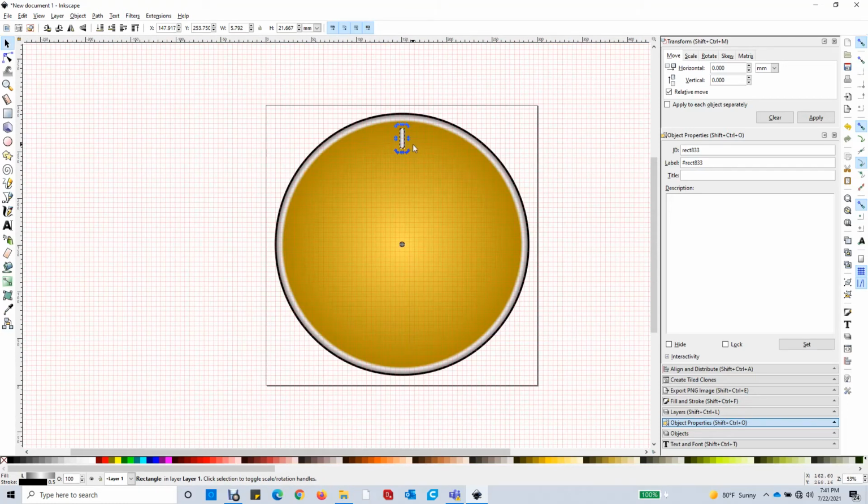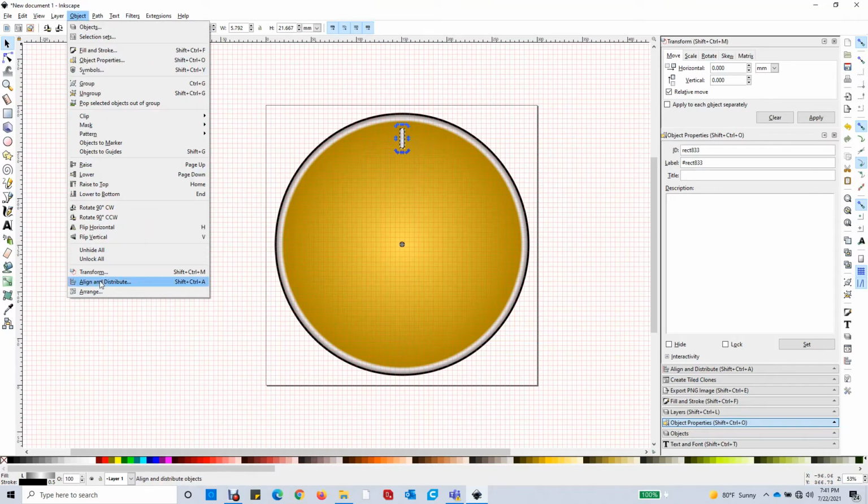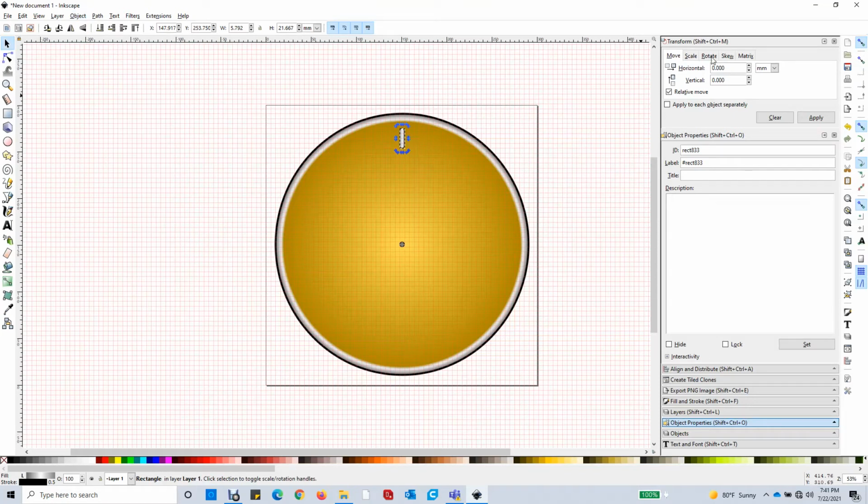Okay, I've got this guy selected. So now I can go to Object, and then I can hit Transform. And when I go to transform, I can hit rotate. And let's say I want this thing every 20 degrees. Why not? So I hit 20. So now anytime that I hit, like if I hit this direction, I go apply, you see it's going to start rotating that thing around, right? So I've got it here. So now I'm going to hit Control D to duplicate it. And I'm going to change the direction here and put one and hit Control D. Put one, Control D, Control D, Control D, Control D. Just keep on going.